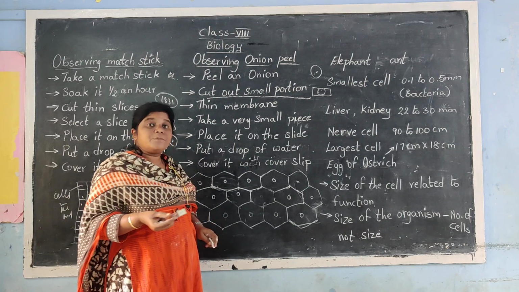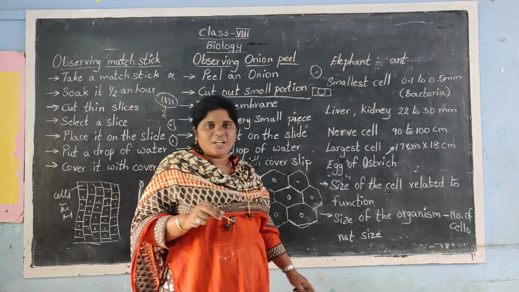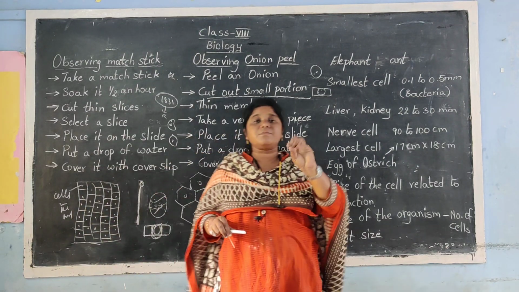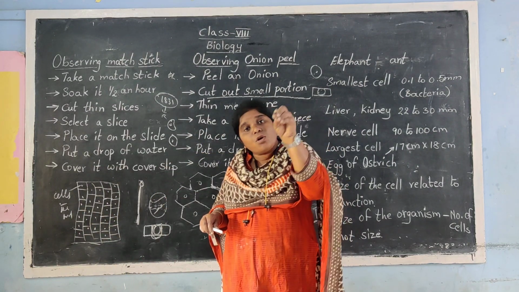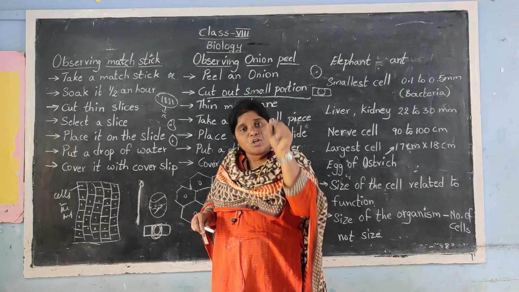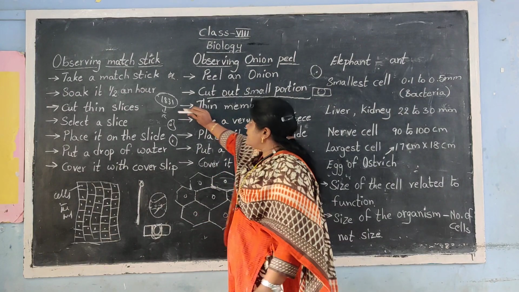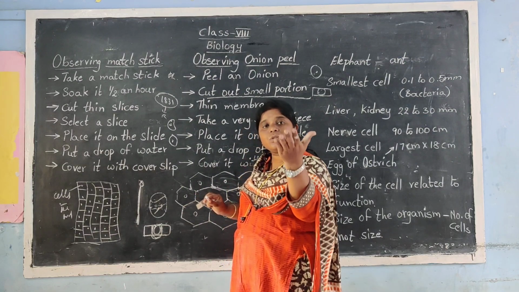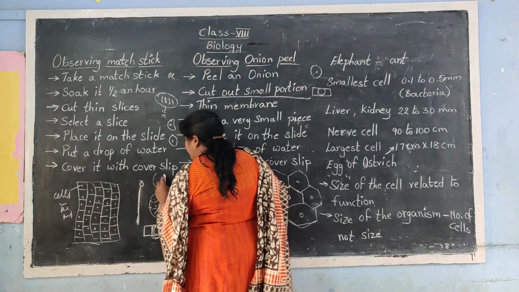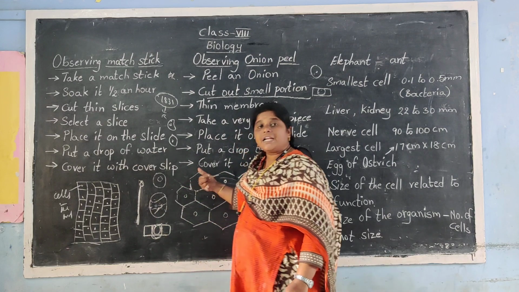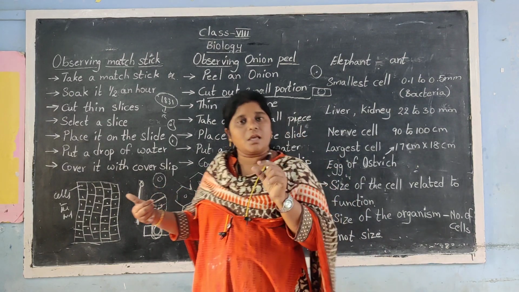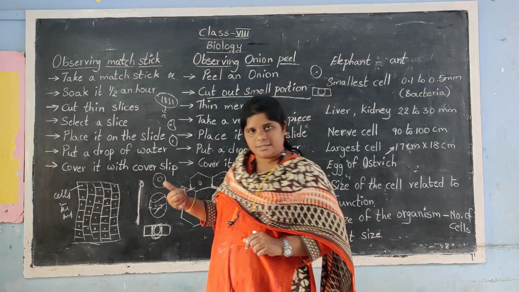Now, if you want to observe the nucleus, what I am saying is, all the things you are observing here are simply cells. But you want to focus on the nucleus because you are familiar that in 1831, Robert Brown is the scientist who came forward with an intention to find out what is internally present in the cell, and he found out that every cell possesses a special peculiar body in the midst of the cell called the nucleus.